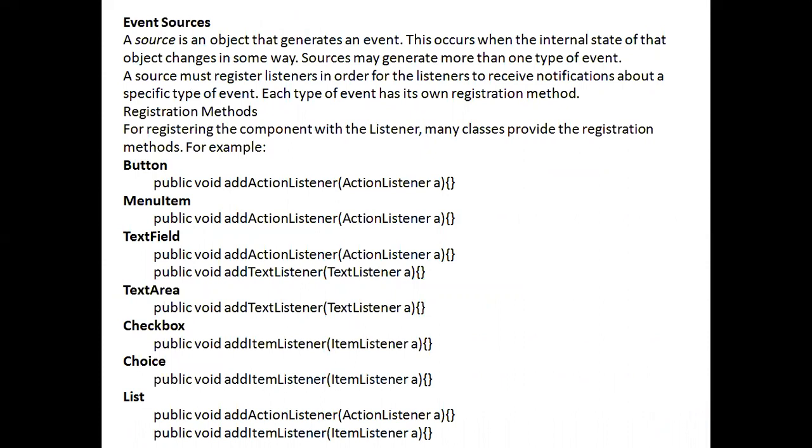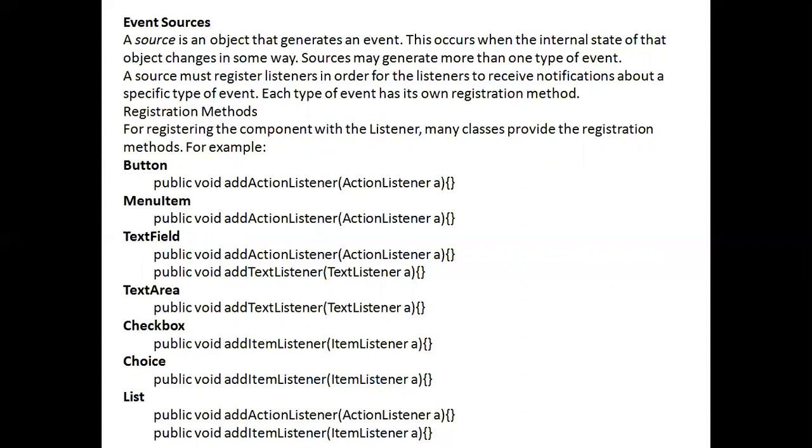Event sources: a source is the object that generates an event. So a source is nothing but an object that generates an event. When an action is done, the event is created, like clicking a button. These are all events when we develop AWT applications. This occurs when the internal state of the object changes in some way.